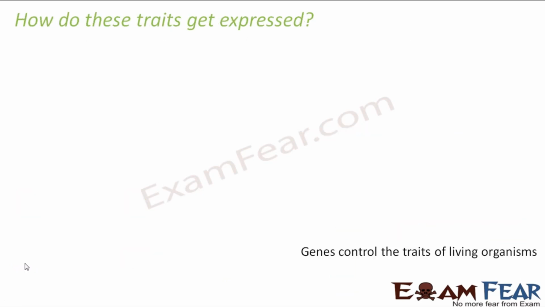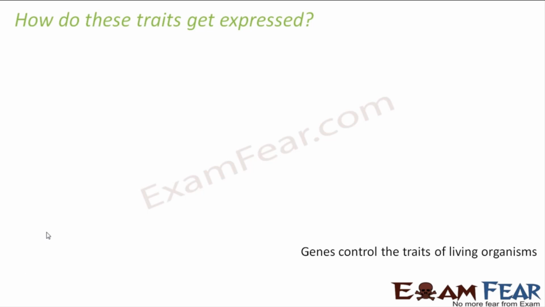Now that we have got an idea about how the traits get passed on from one generation to another, the question is, how do these traits get expressed? I mean, what actually happens inside the body of a living organism? Here I just showed you by a calculative method what will happen if this kind of organism is bred with this kind of organism, and what will be the type of offspring. Now the question is how they actually get expressed in an organism.